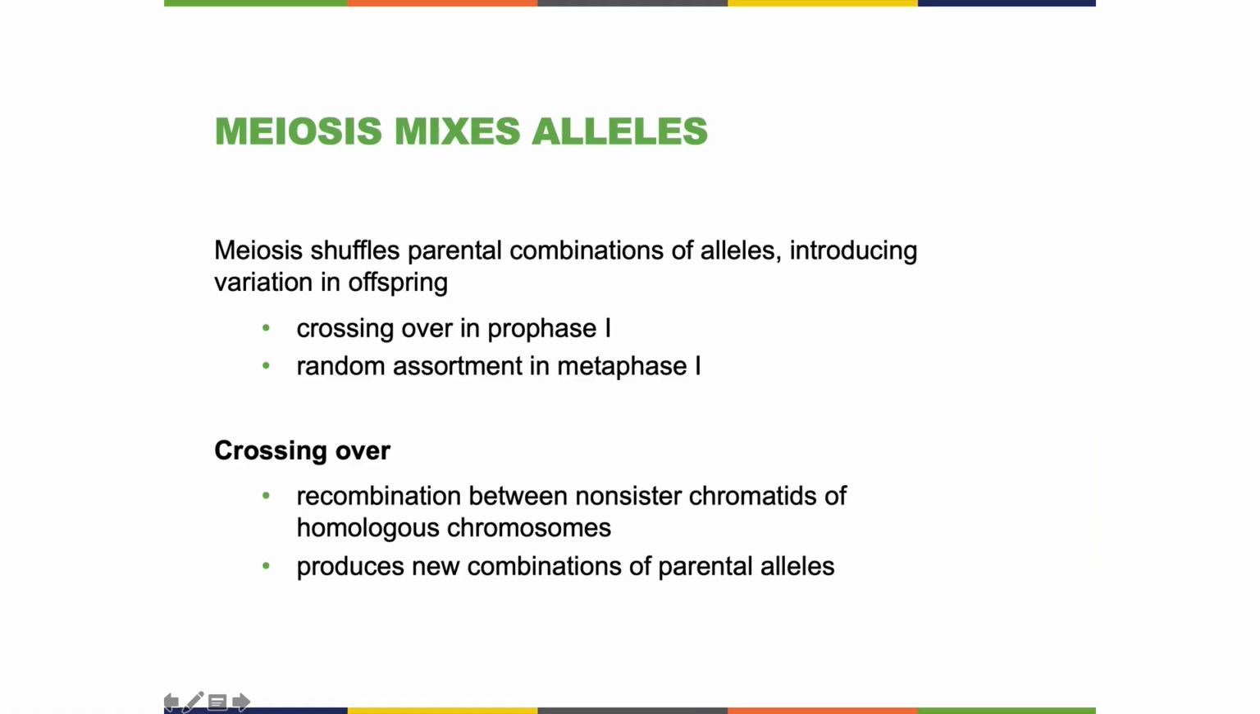Number one is crossing over, which occurs in prophase 1, and we'll go into that in more detail in a second. And the second is the random assortment of the sister chromatids that occurs in metaphase 1. We don't know to which end each pair of sister chromatids is going to go. All right, so crossing over is a form of recombination between non-sister chromatids of homologous chromosomes. All right, and what this does is it allows us to produce new linkages or new combinations of the alleles